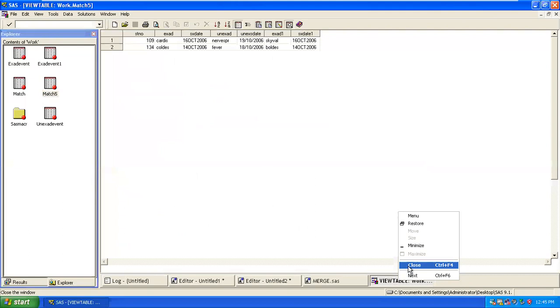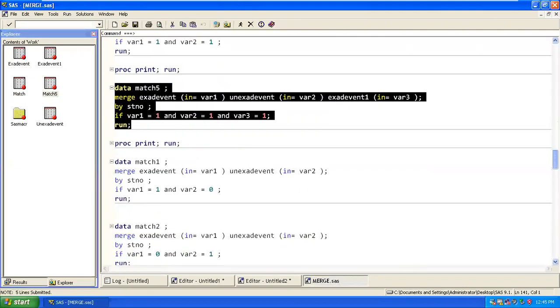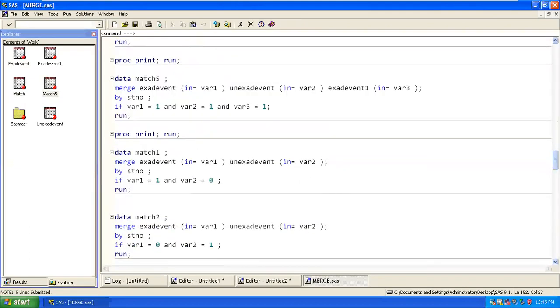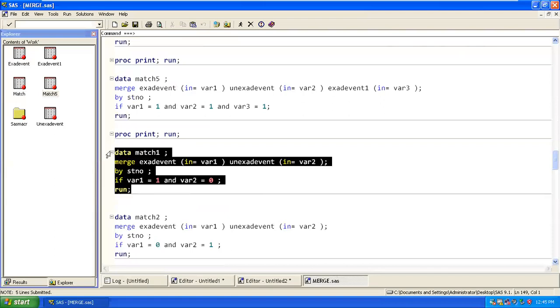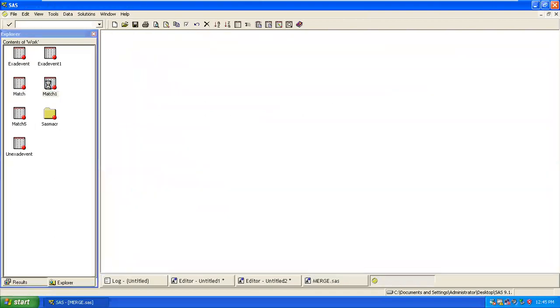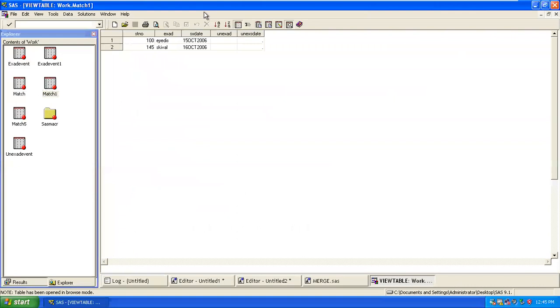Now there is another one. When I say variable 1 is 1 and variable 2 is equal to 0, it means we are looking for records available in left but not available in right. If you look at the match, it is available in left, not available in right.